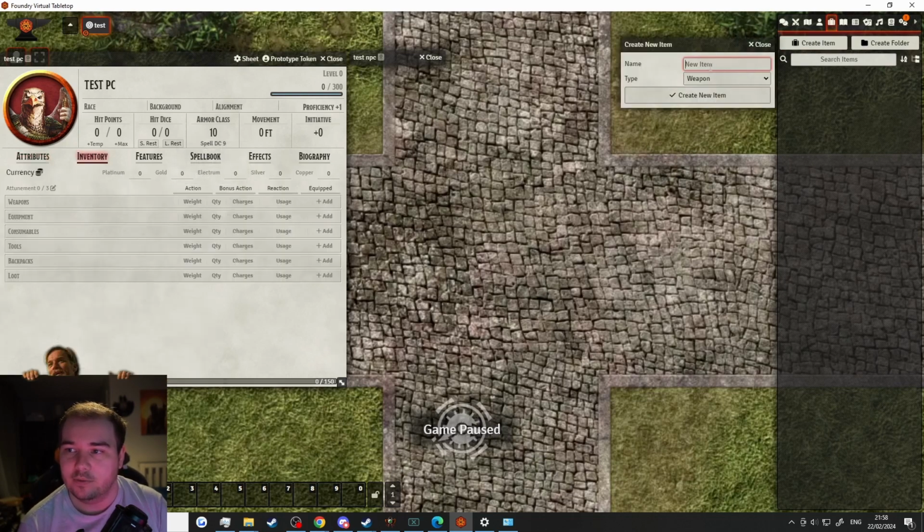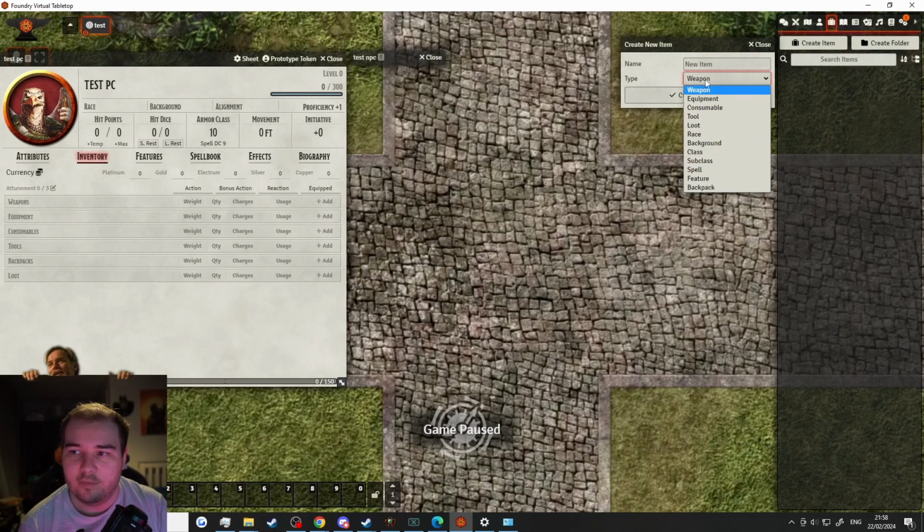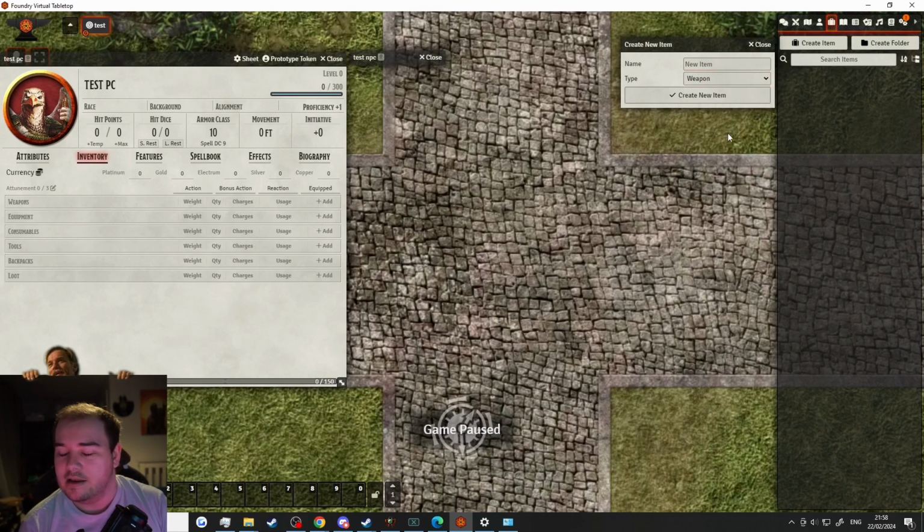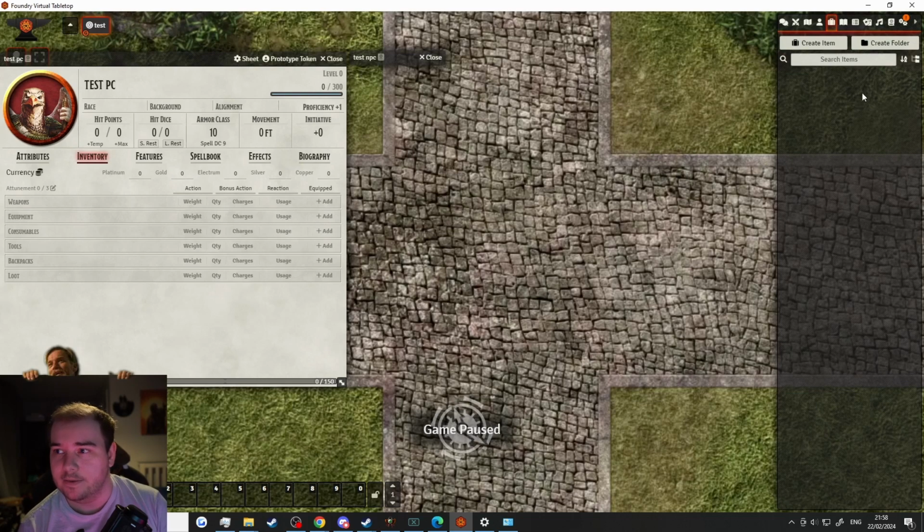If I click create item, I could create an item from here. But to be honest with you, let's say that you are going to be running 5th edition D&D, you probably don't want to be sat here creating every single item, including features and spells and classes and races and such. You don't want to be sat there doing everything. Now, in a later video, I'll cover some really, really good ways to bring stuff in super easily. But for now, we're going to leave that, and I'll show you what you can do as a baseline without